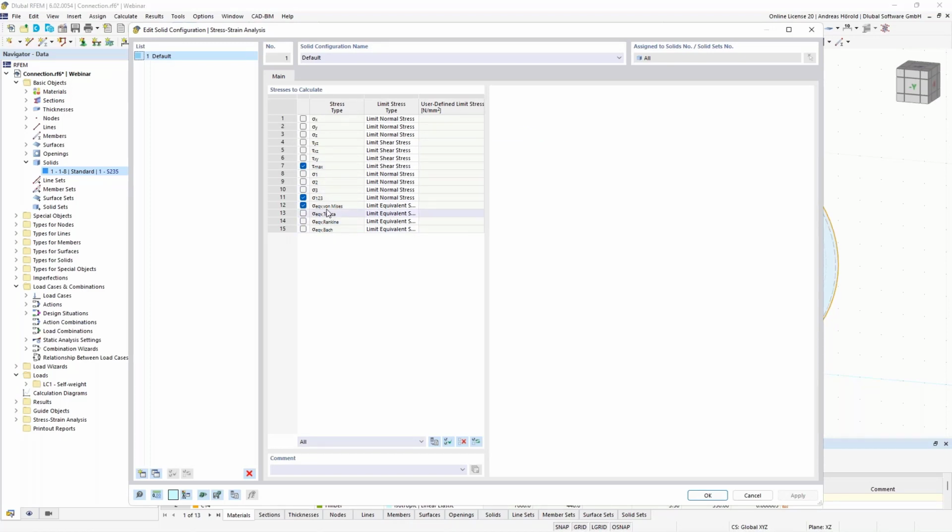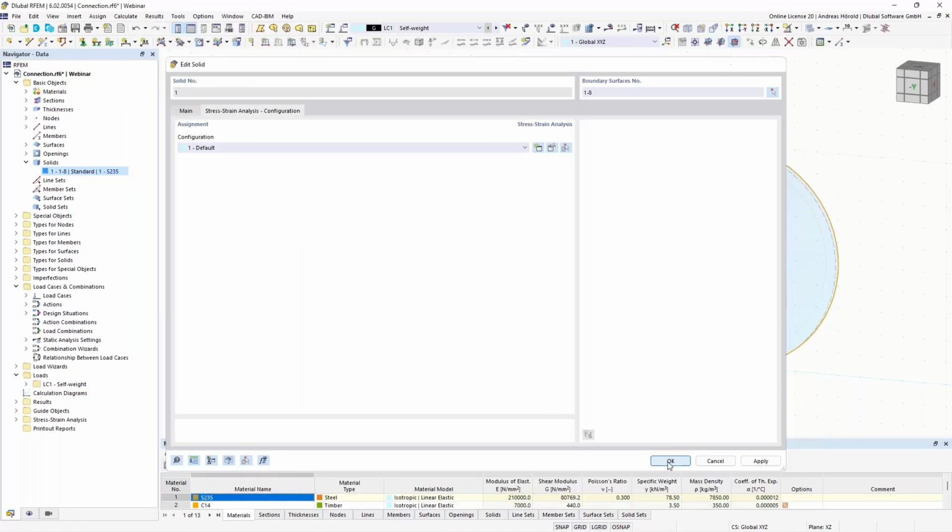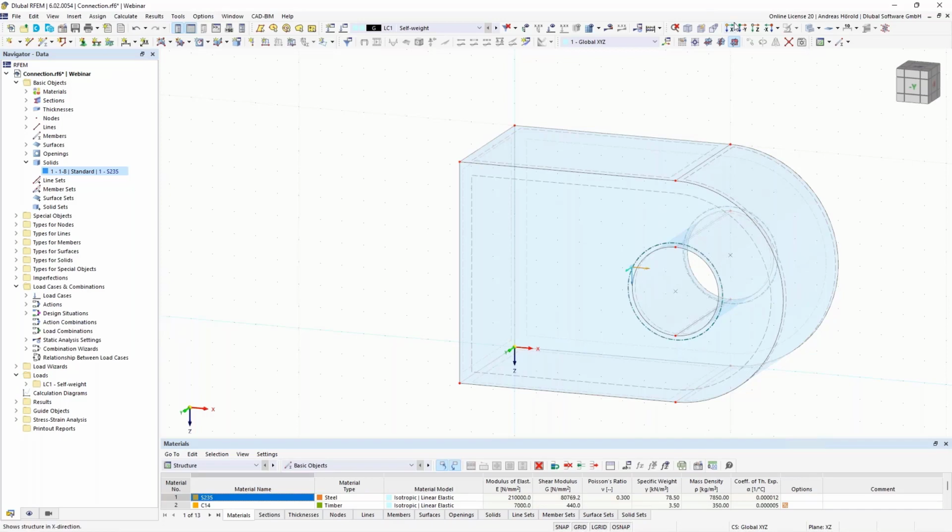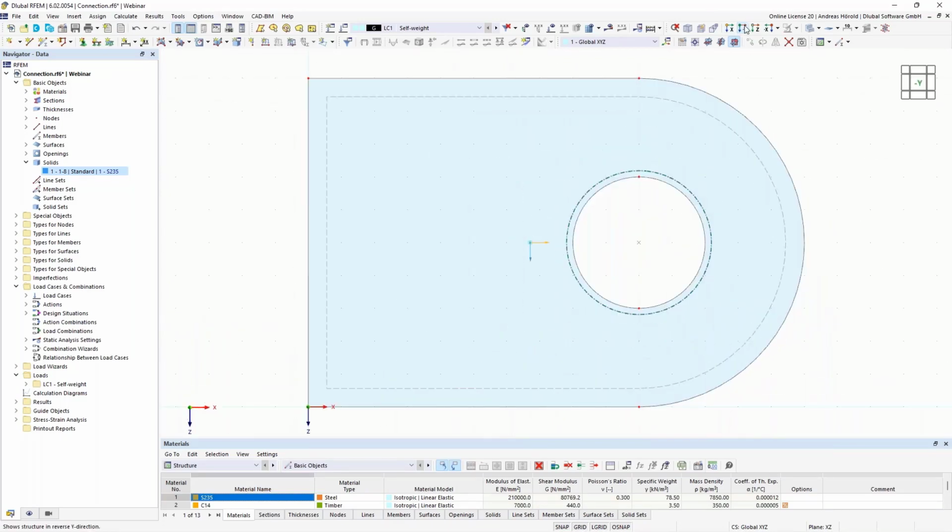Tau max. The sigma 1 to 3 and the sigma with the equivalent stresses. And those are the principal stresses, the sigma 1 to 3. Okay. So now